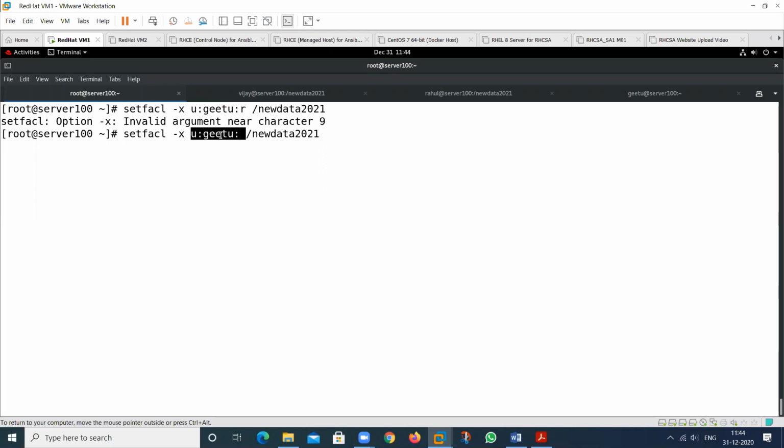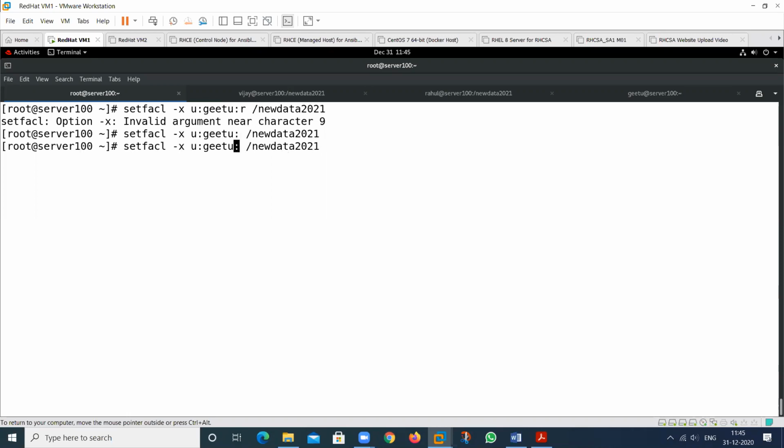If this user has any value related to the ACL, it can have read write permission, or only read permission. So you cannot remove just the read write, read only, or write only. Not like this. The whole ACL permission will be removed. That can be read, read write, or read and execute.